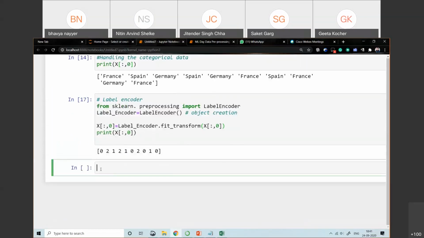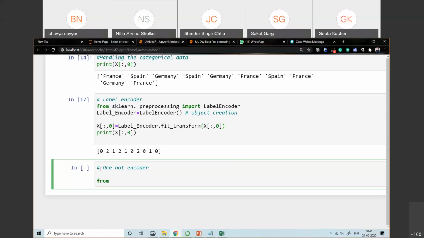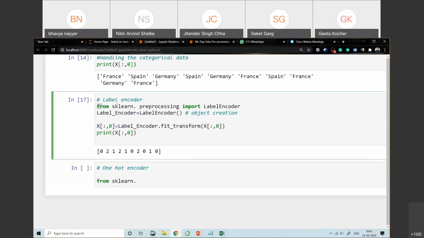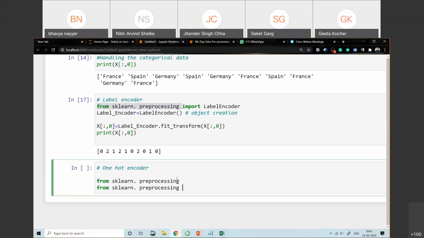Now after the label encoder we have the one hot encoder. To implement this part we need one more class called ColumnTransformer, along with the OneHotEncoder. So let's start: from sklearn.preprocessing we need two classes.